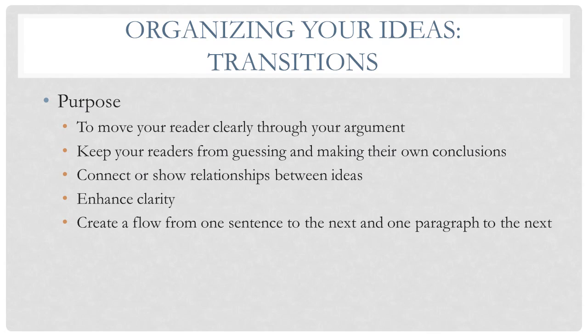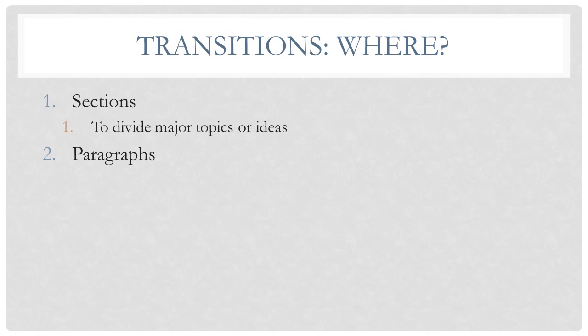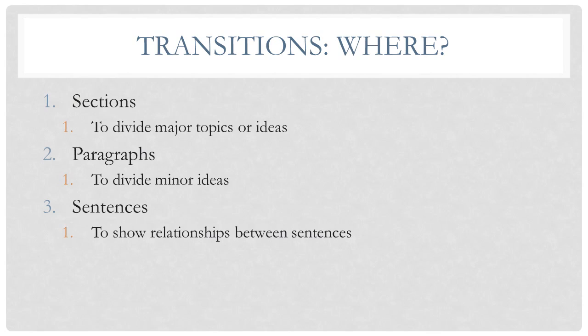And we use them specifically in various areas of our paper and for various purposes in each area. So the first area we use transitions is in sections to divide or to link major topics and ideas. The second is in paragraphs like we discussed last time, to divide or to link minor ideas. The third is in sentences, where we use transition terms or phrases in order to show the relationship between the various sentences within a paragraph. And finally is on the very minor level of within a sentence or parts of sentences where we connect phrases